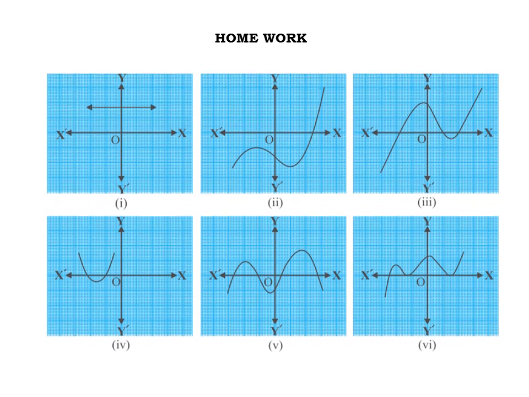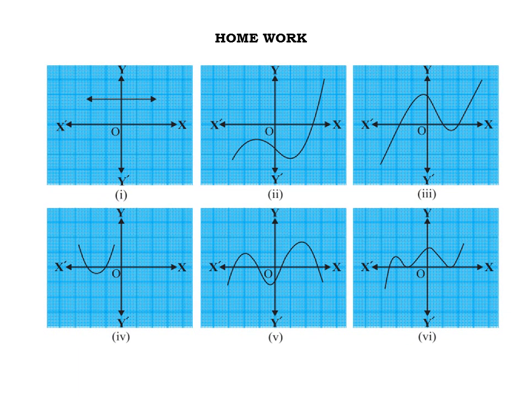So I have one homework for you. You have to find the zeros of the following graphs without any solution, just by looking at the graph. We have 6 different graphs, so try it by yourself and say how many zeros the following graphs will have. This is the exercise 2.1 question of your NCERT textbook. You can also find the answers from the textbook, but this is for trying yourself at home.